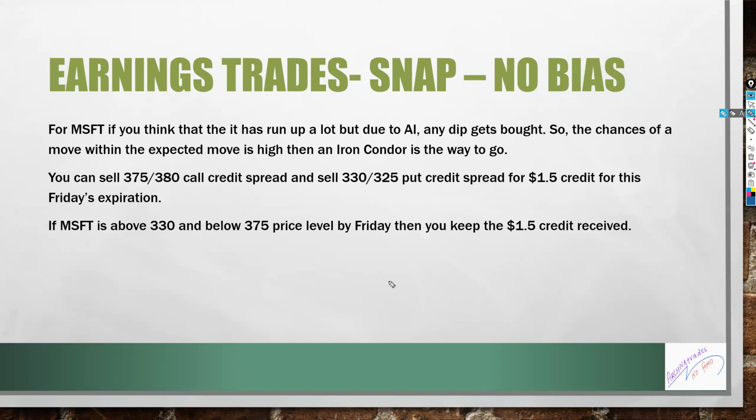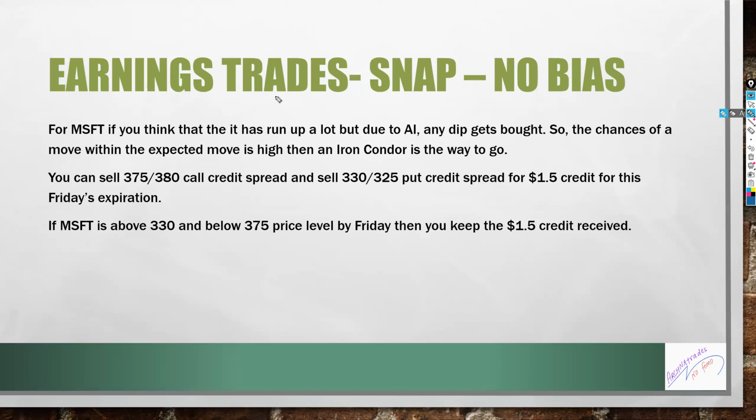But because of AI still being the big thing right now, any dip gets bought. Because of this pull and push in Microsoft, you think it goes nowhere. Possible, right? And it is expected to move around 20 bucks. It was at around 350 today. So you could easily do an iron condor. And I said that iron condors, straddles, strangles require management. But I can show you an example of how the things are done.